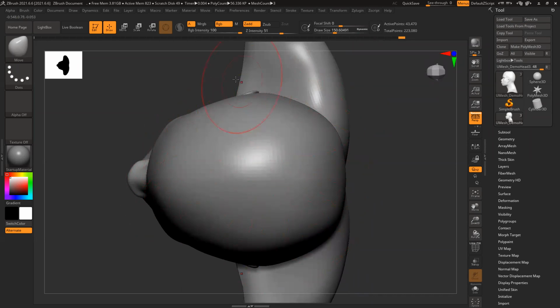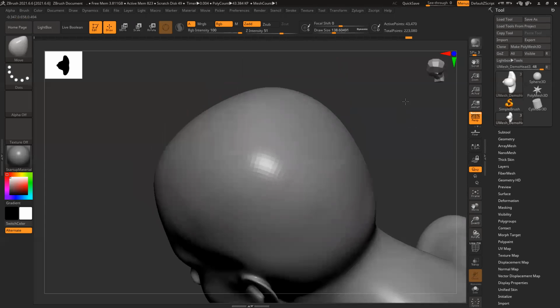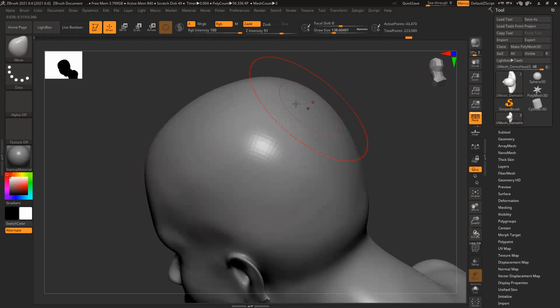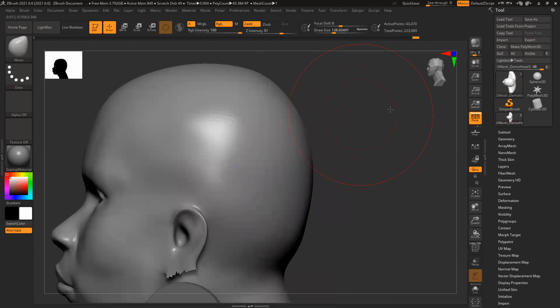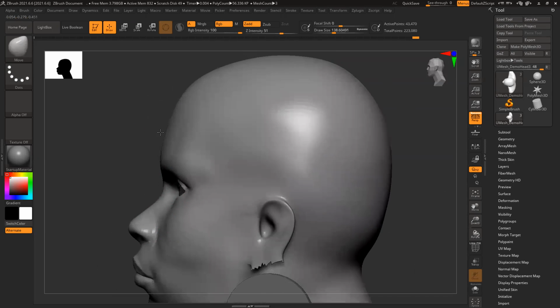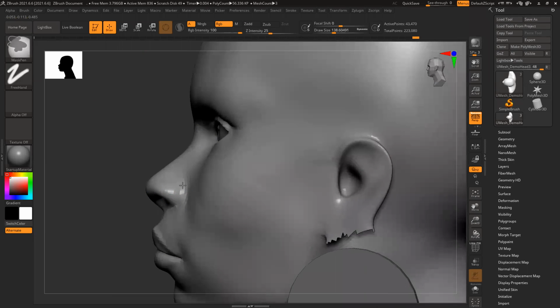Our head is more of an egg shape. It's not round, and at the back it's slightly broader. You have these two points. Slightly broader. Slightly down, not that.